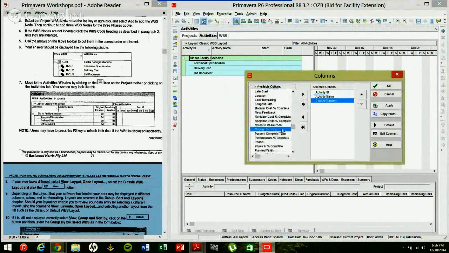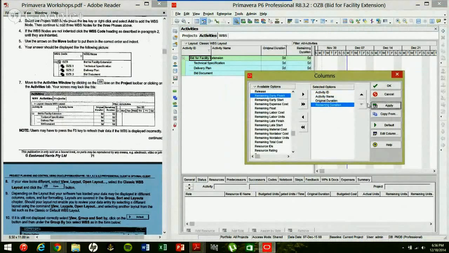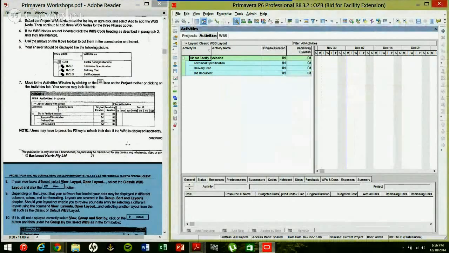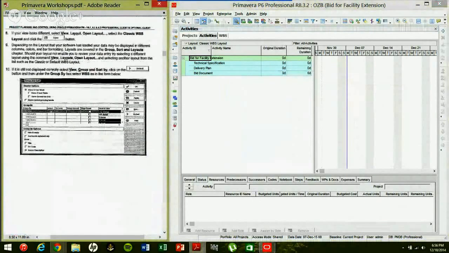and double click on it. And then I'm going to look for remaining. I'm just going to drag it over here. And again, you can drag things up and down, move them specifically as you want them to look like. And we're going to hit apply. And there it is. Click OK. And that should cover up the chapter in creating